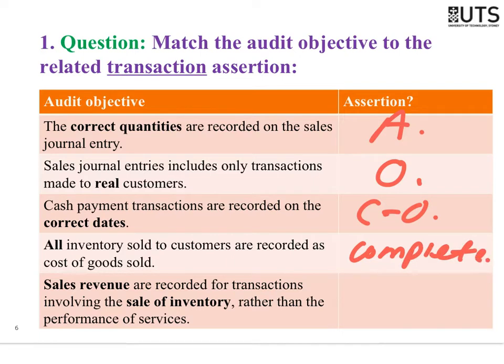Just not to get confused with that. Final one, sales revenue are recorded for transactions involving the sale of inventory rather than the performance of any service. What would that be? Guys, the reason I wanted to include this one